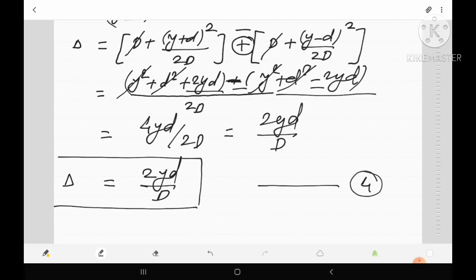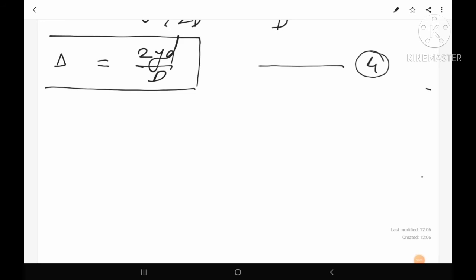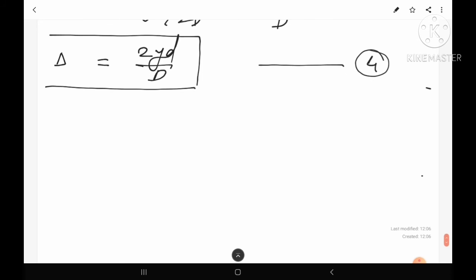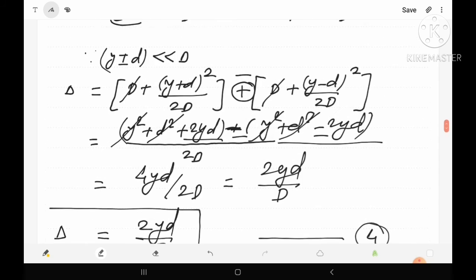This is the path difference between S2P and S1P. And now, as we know, equation 4 gives the path difference between the rays S1P and S2P, because in our figure